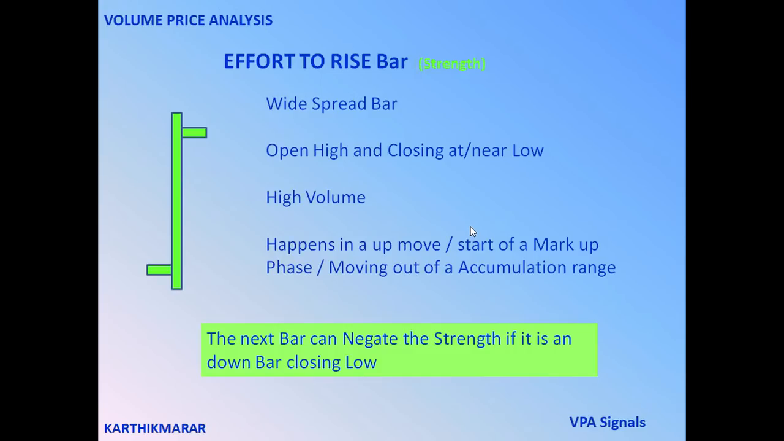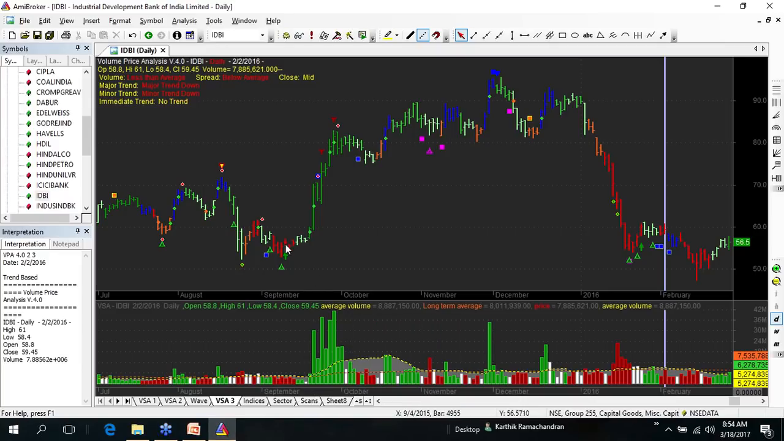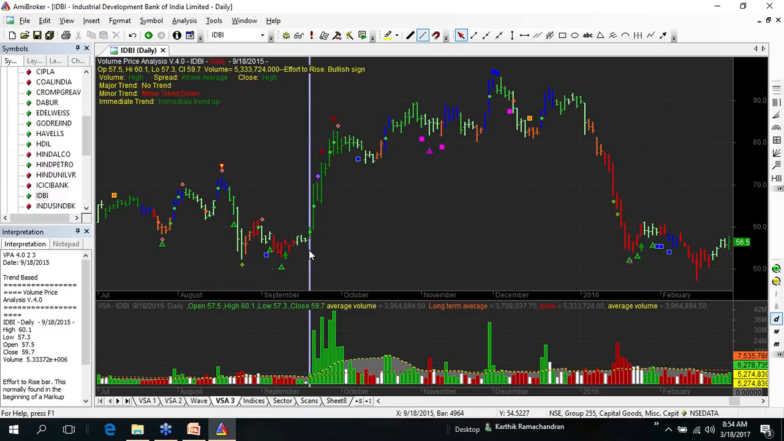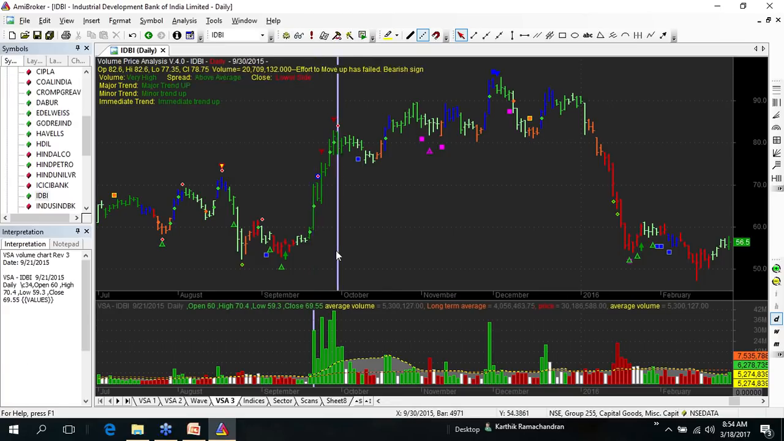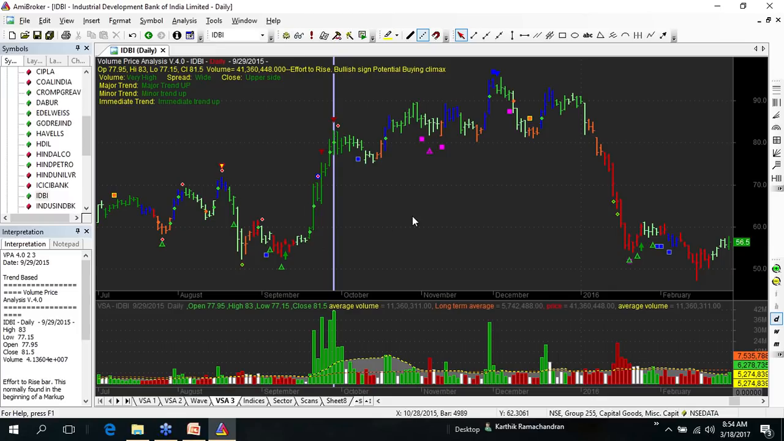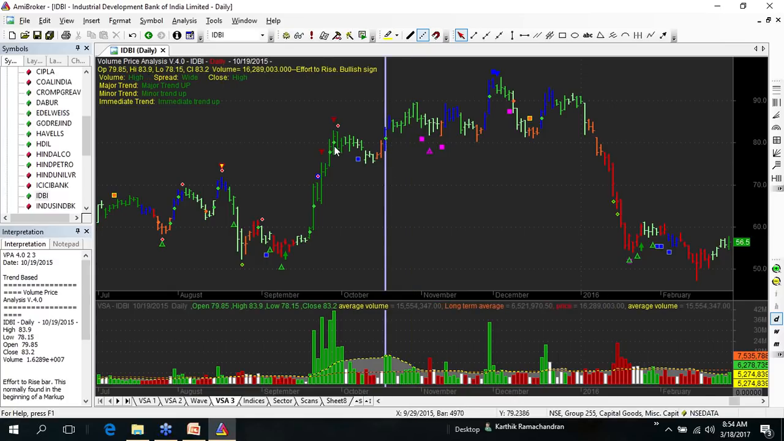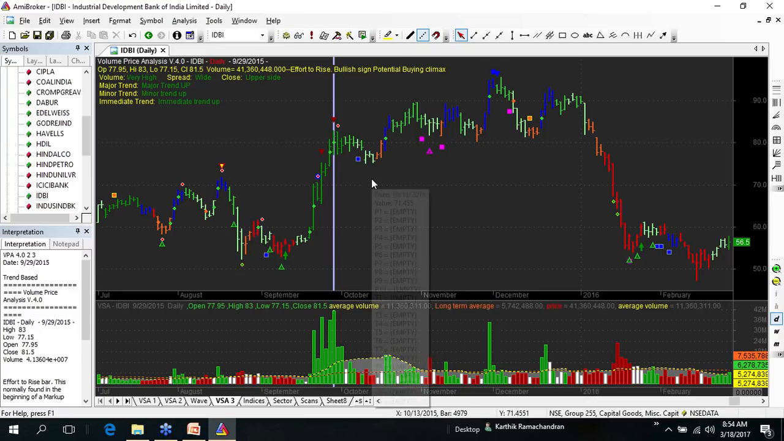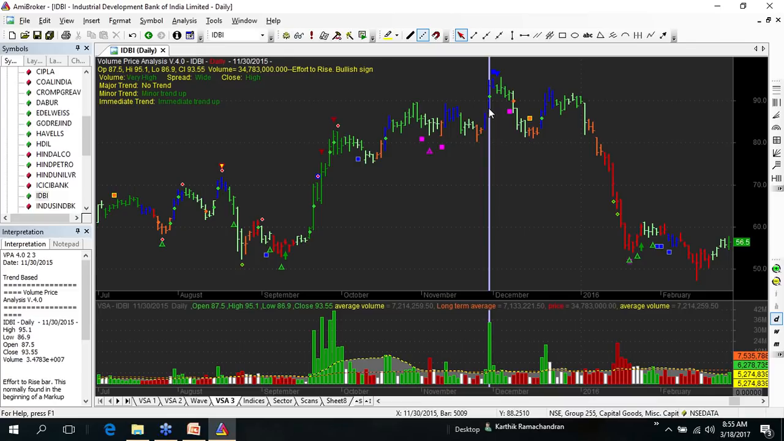So let's see some examples. You can see plenty of them. Here there is a small congestion zone, and you can see there's an effort to rise, a bullish sign. The next one is a real, genuine effort to rise bar with very high volumes. It is starting, so this is happening during a markup phase. Here again you can see an effort to rise, but the volume is so high that it could be a potential buying climax. And here again you have an effort to rise bar,